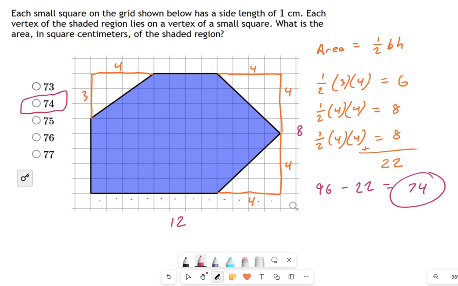Now, does it actually matter which way you calculate the area? Not really. You can do a big rectangle and subtract off some triangles, or you can add up triangles within it and then add up more space like I did the first time. Either way is fine, but I would recommend, whichever way you choose, stick to this formula whenever you have triangular